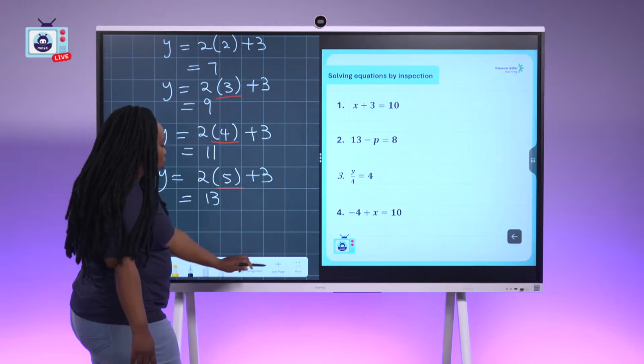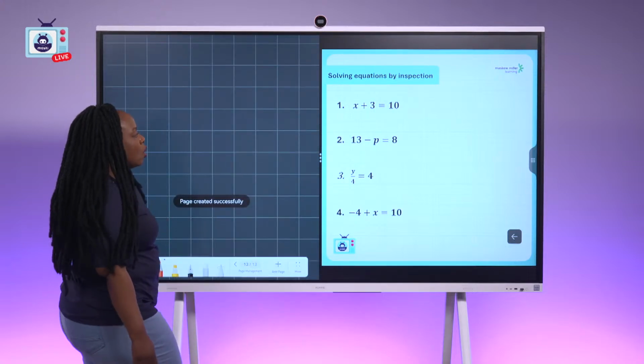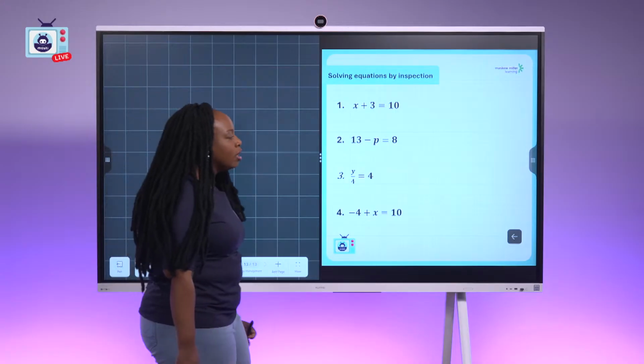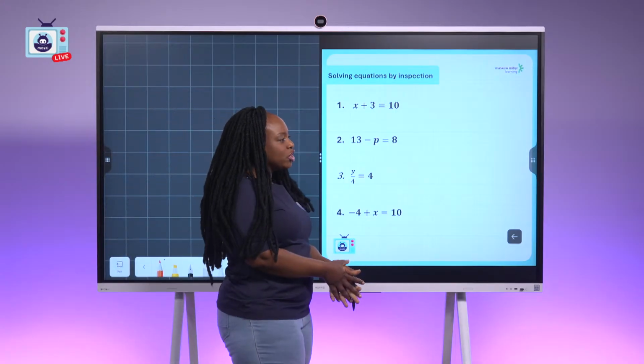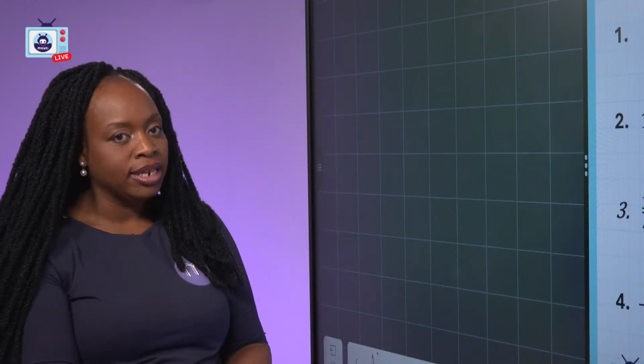Our quick question is this one, where now you have to solve. You can do it by inspection, or you can literally calculate properly. When you do it by inspection, you inspect, but you always have to make sure that you can check that